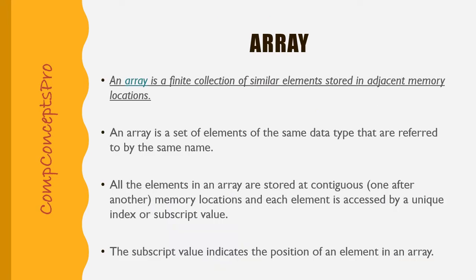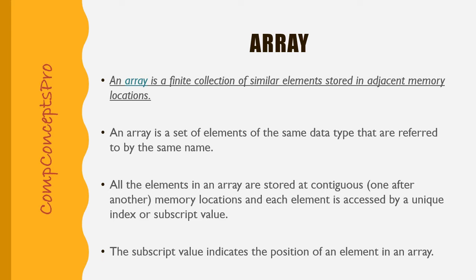Now we'll discuss array in detail. In a broader sense, an array can be understood as a collection of elements that we want to store for our program or application. These elements should be strictly of the same built-in data type. For example, all the elements should be either int or all of them should be float or char. In the computer's memory, all these elements are stored at contiguous memory locations, which means each element will be stored one after the other at adjacent memory locations.